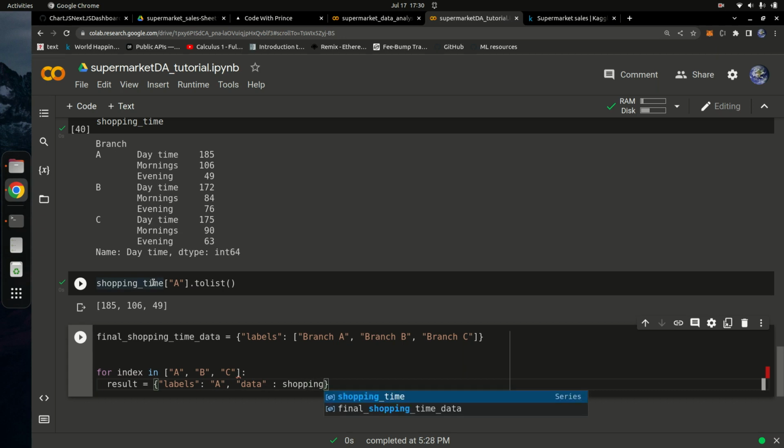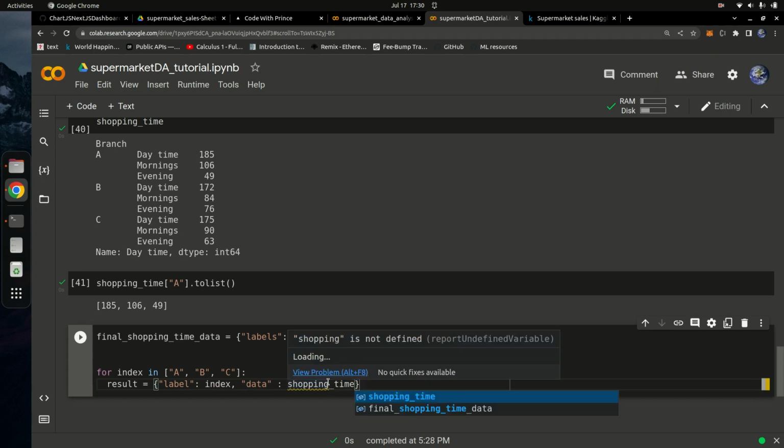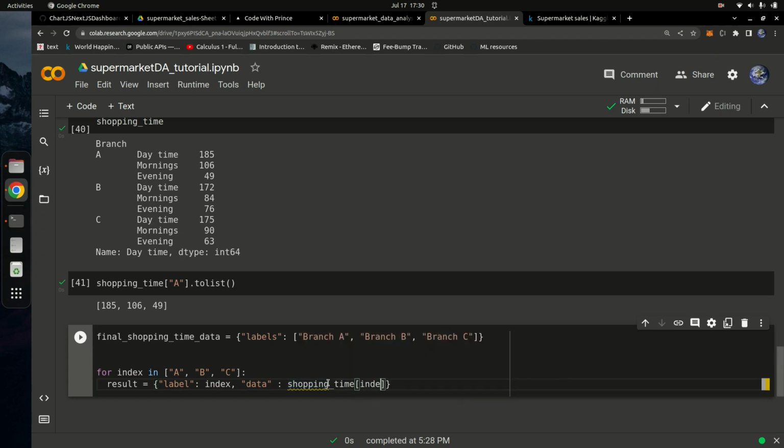Okay, I think I made a mistake here. So the label is supposed to be the index. So I'm going to say index, and then you're going to say shopping_time_time, and grab the index, and after grabbing the index, we're going to convert it to a list right there. Okay,